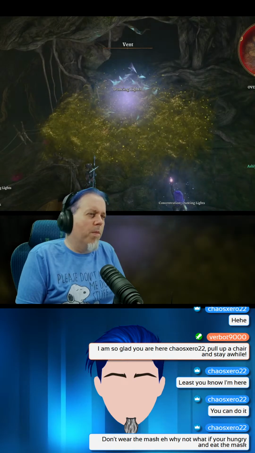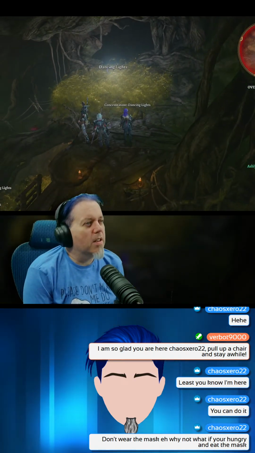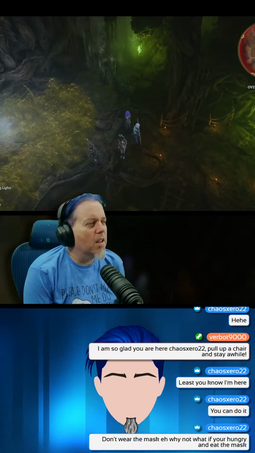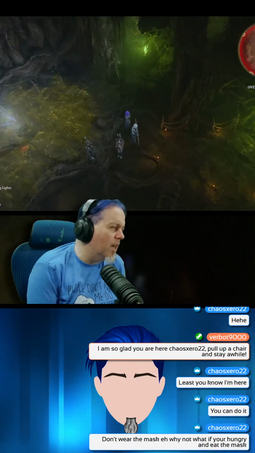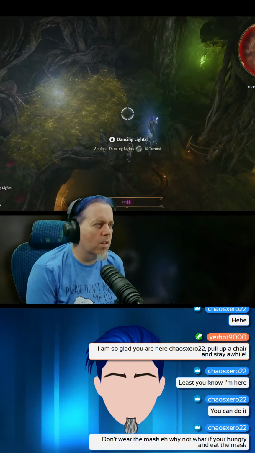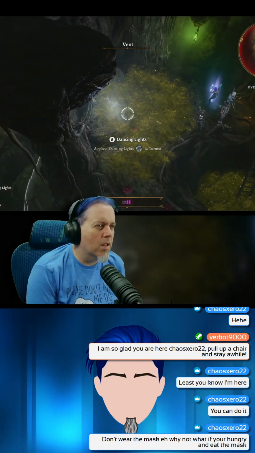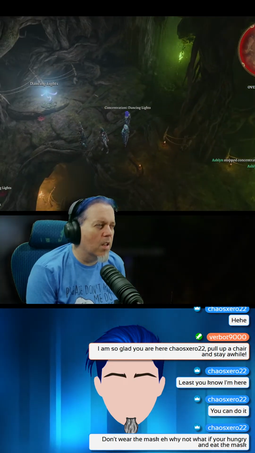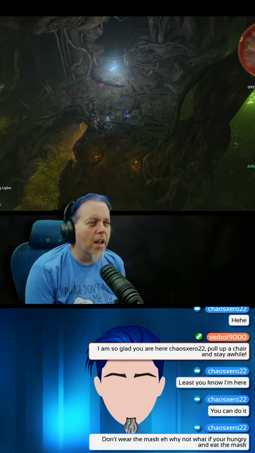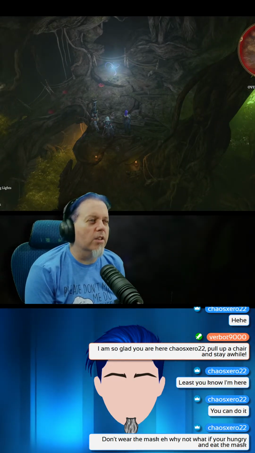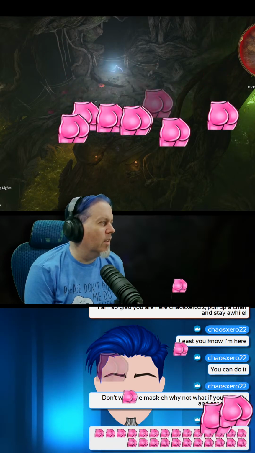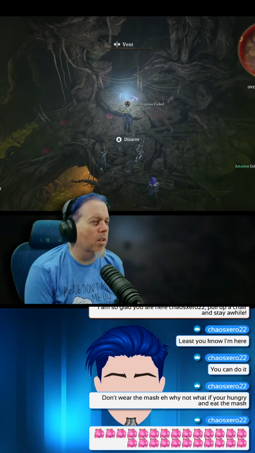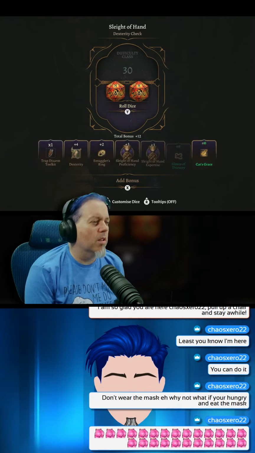Vent. That's not where they're supposed to go. There. For some reason, and I don't know why, putting dancing lights over top of a vent closes it off. And then I can come up here with him and disarm.